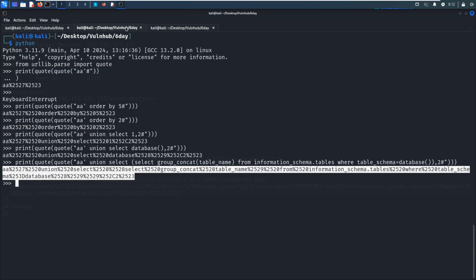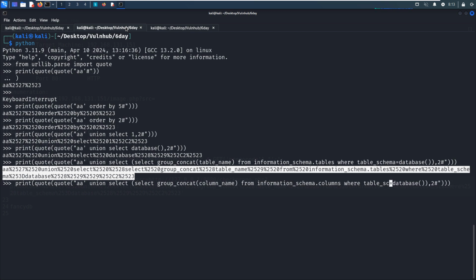Similarly, we can do it this way. This time, not table name, it would be column name, and information_schema, not tables, columns. Okay, and where table_name, not schema.